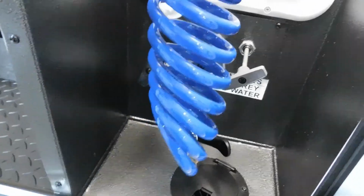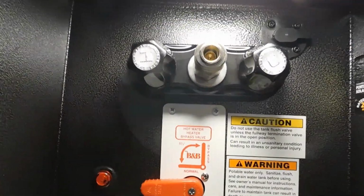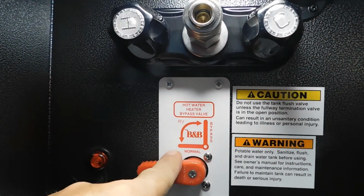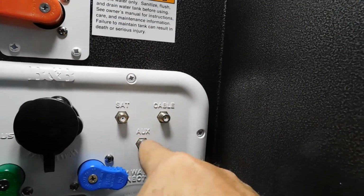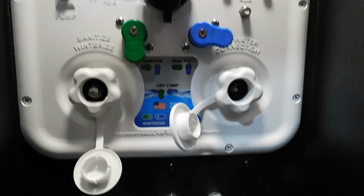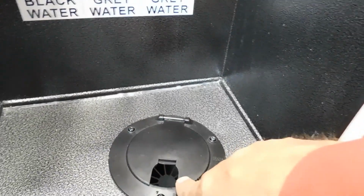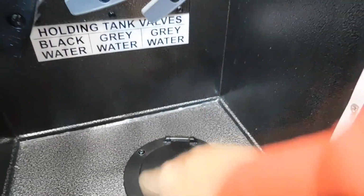You do have this quick connect spray port. You can pull this hose out and spray things off. There's a hot water bypass valve for when you are winterizing your unit. Cable, satellite, and auxiliary hookups. All of those we've discussed. Black and 2 gray tanks. And an area down here that you can run your water hose down through so you can keep this cabinet